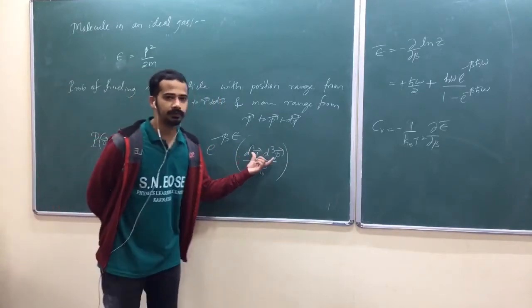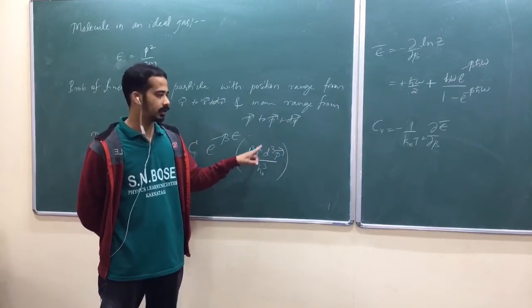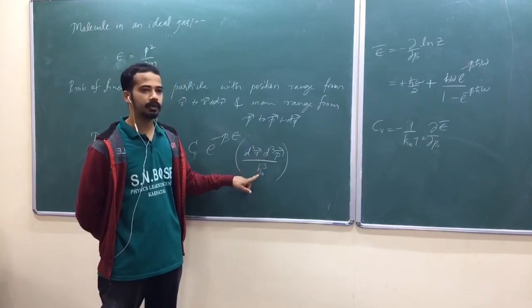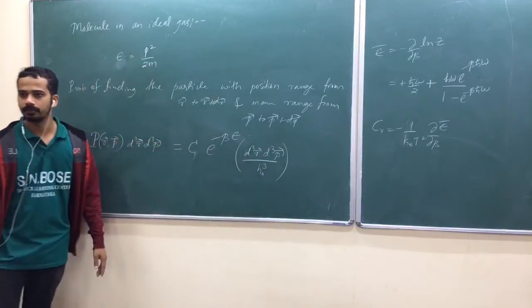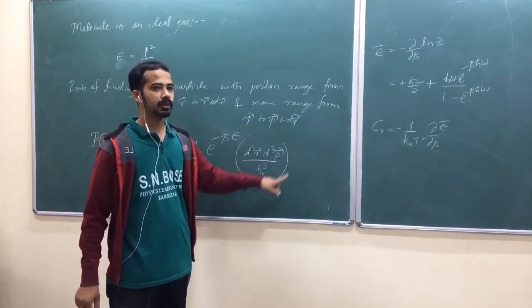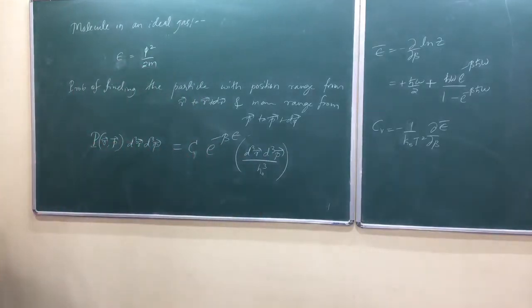But the actual thing here is, what is this one whole thing? This is volume of the phase space. Am I right? This is a volume of the phase space, dx dy dz, dpx, dpy, dpz. So now this is volume of the phase space divided by phase cell volume that we have divided into, where H naught is arbitrarily small, and this becomes number of phase cells actually. Is that okay? That becomes number of phase cells.